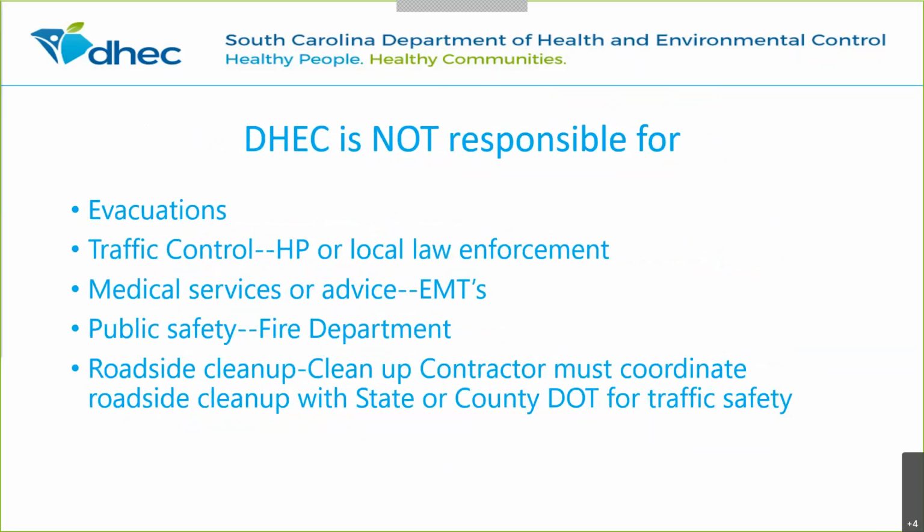DHEC is not responsible for calling an evacuation or traffic control. We like to leave that to the highway patrol and law enforcement. They're the best at it. Medical services are definitely EMTs. Public safety, fire department, if there's any